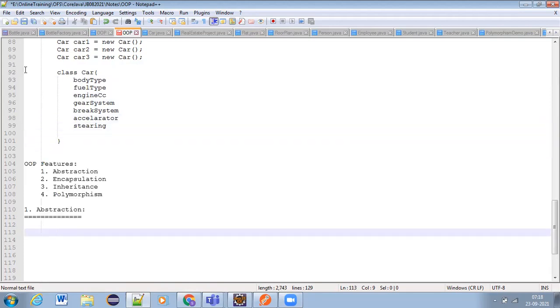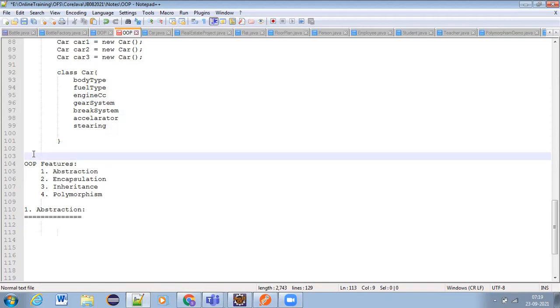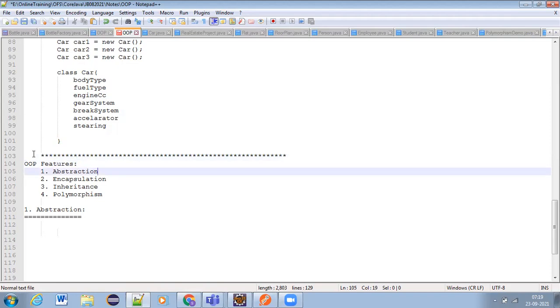So what are the object-oriented features? Coming to object-oriented features, we can say abstraction, encapsulation, inheritance, polymorphism. These four are the basic features of the object-oriented programming approach, and with them we have several advantages. They make our programming easier, and whatever code we write in our system is reusable. Let us see what these are one by one.